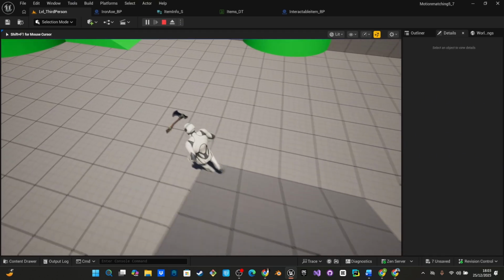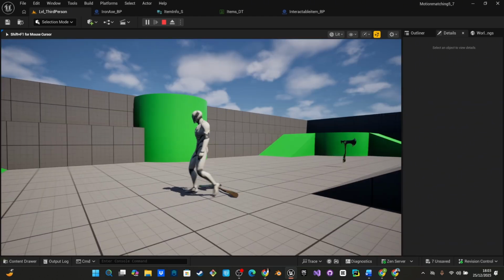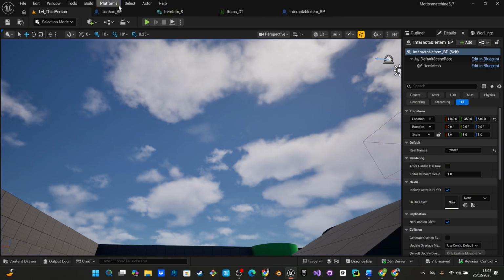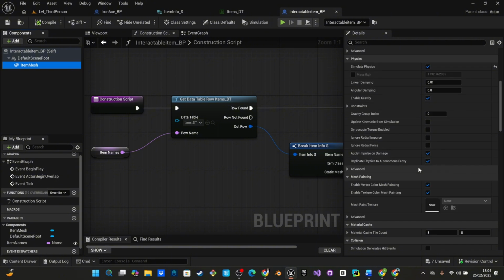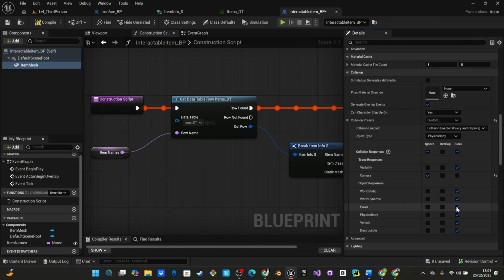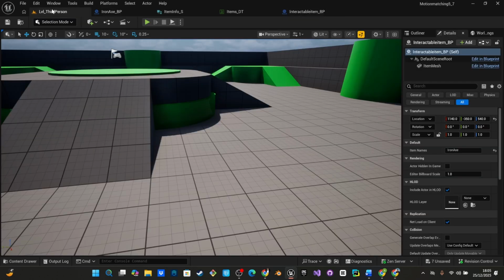Look, it is simulating physics, but it is not interacting because we don't want that to happen at the moment. Yeah, or maybe we can try. Let's see. No, it's here. So you're going to go to our iron mesh, and one thing we can do is maybe just add this. So the thing is, we need to make sure everything is typed accordingly, which